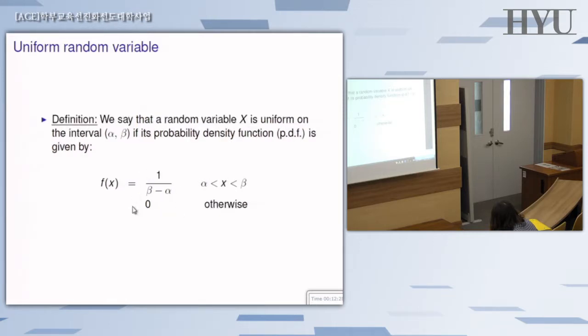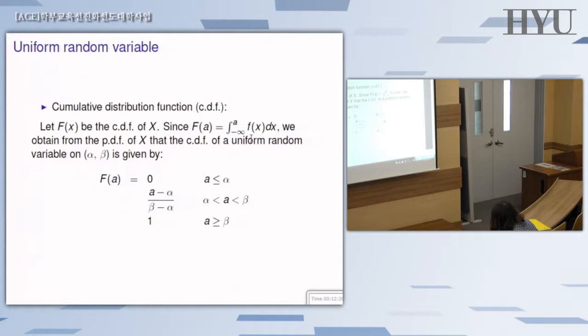So you just bring this one in here, and then bring the whole fraction outside, and then solve it out depending on where this a belongs to. So if a is less than or equal to alpha, there's no probability mass at all. So the whole probability should be 0. If it's something between alpha and beta, which is of our primary interest, that's again nothing but the area